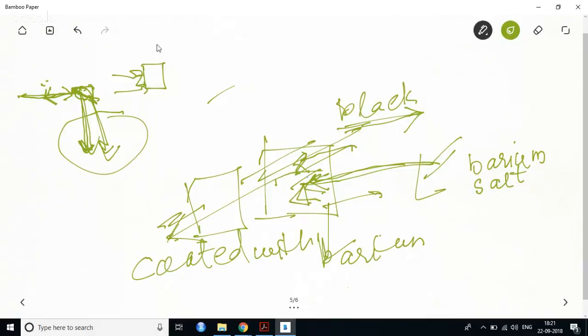Now what are the properties of X-rays? First of all, it is electromagnetic radiation. If it is electromagnetic radiation, we know the speed of X-rays would be the speed of light, which is 3 into 10 to the power 8 meters per second. X-rays are not made of electrons, protons or any charged particle. As they are not made of charged particles, they will not be affected by electric and magnetic fields. Also, we know that they affect a photographic plate. That is why they are used in the medical field for X-rays and so on.